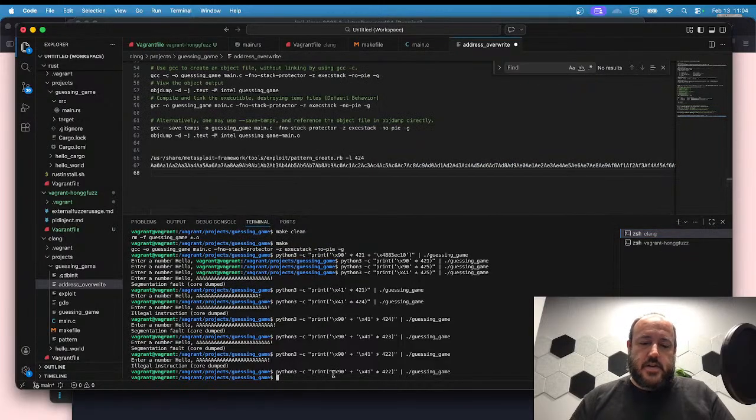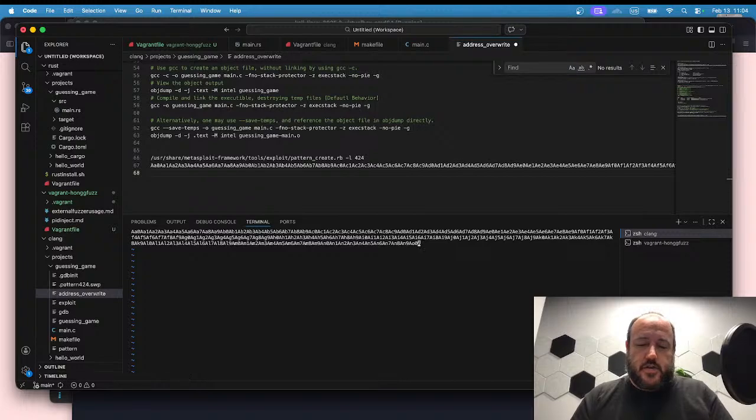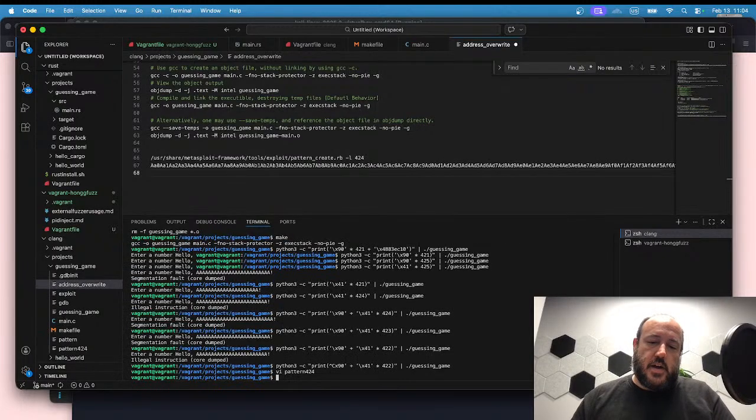We can echo into vi pattern 424. Paste. Paste. Remove carriage return, escape, colon, WQ. So we have our pattern 424. So now we do cat pattern 424